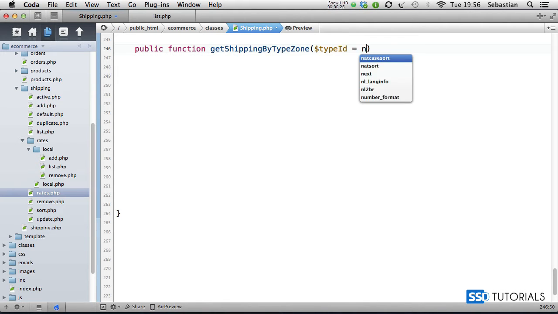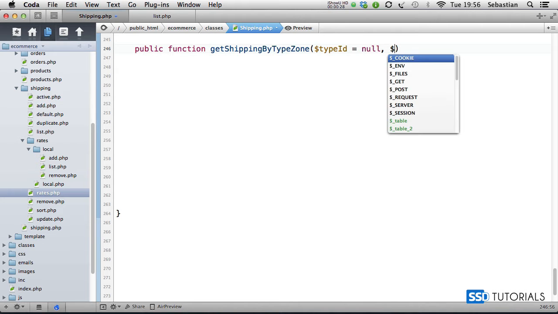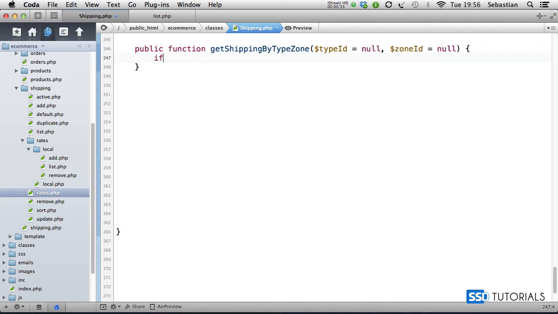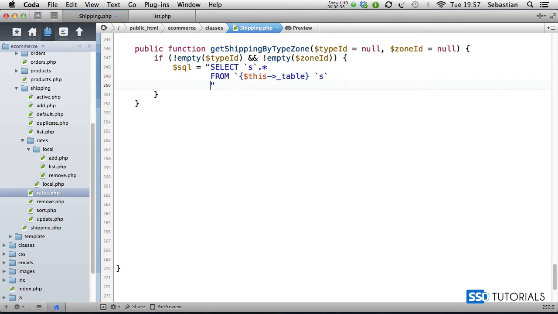Type ID is the first one, and the second one is zone ID, also null by default. And now we check if isn't empty type ID and isn't empty zone ID. Then we go for the SQL statement, which goes select s everything from this table, because for the shipping,